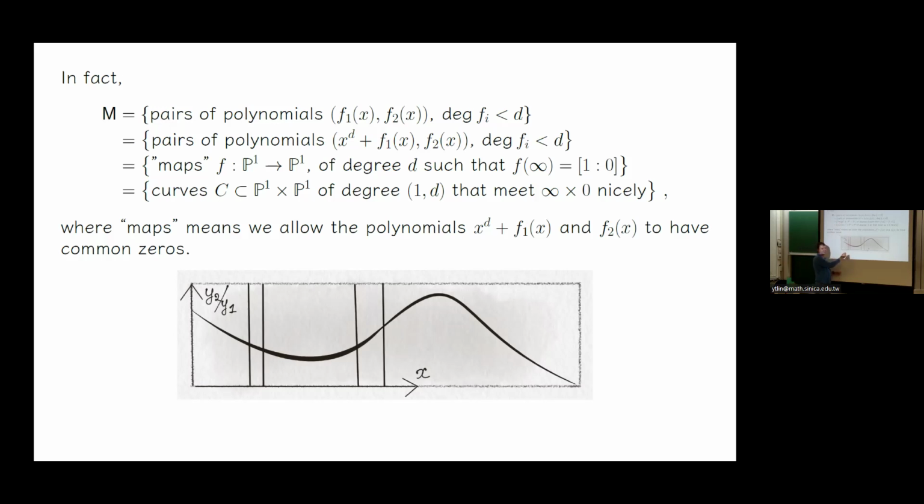So you can imagine that the graph of this function, if it had a common 0, takes all possible values. In general, you have to do something else, but here maybe you can visualize it. And the condition that I put x to the d in the first factor means that at infinity, I'm hitting the point 1 and 0. So I'm studying